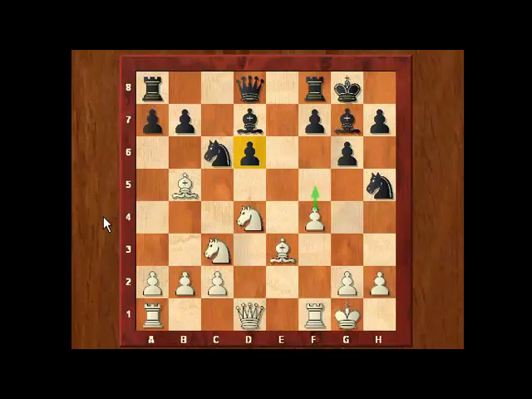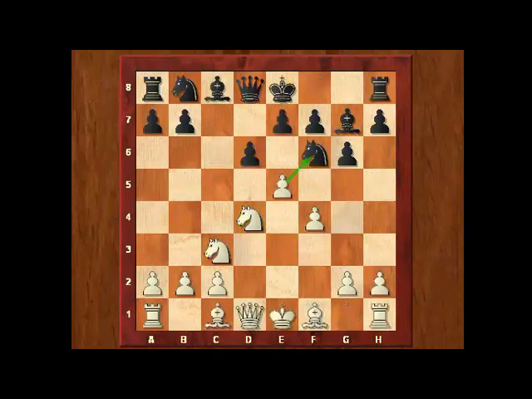But black has some pressure against these black squares here also. White has weakened himself a little bit by playing the aggressive f2, f4. Okay, well, this is my explication of the main line bishop g6, bishop g7 defense, when black plays knight